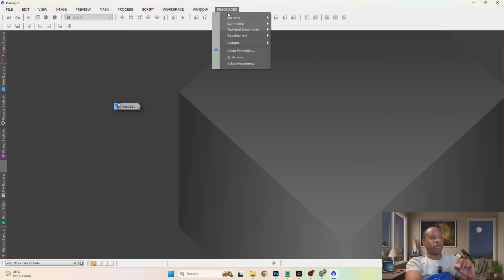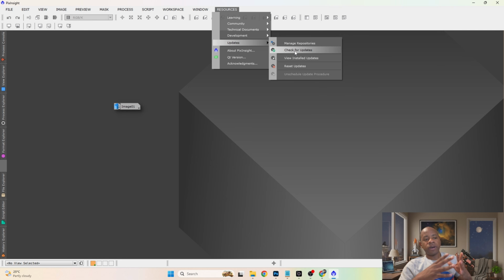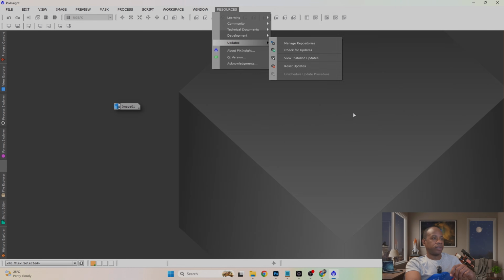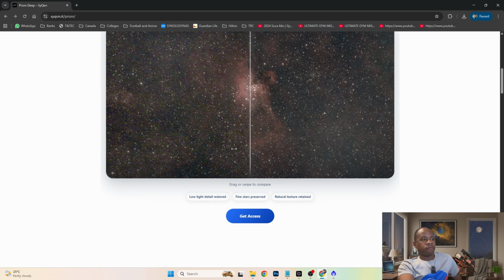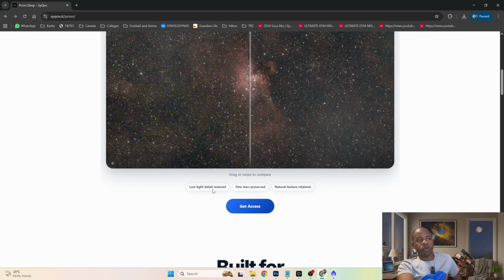And then you can go to resources, updates, check for updates, and then it's going to run. It's going to find the new script that you installed. You're going to have to restart PixInsight after and then add the file. Similar to before, you can go to their website, and I'll put the link in the description down below as well for that. We click on get access,